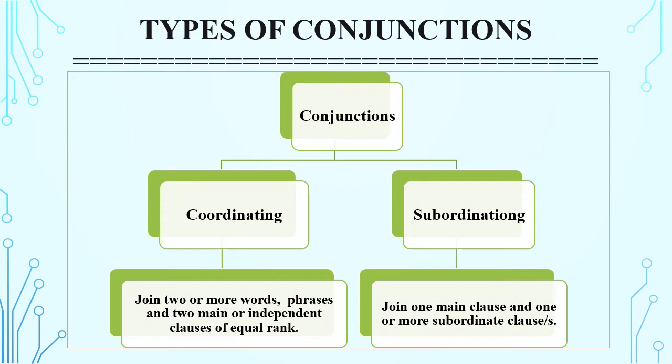Let us consider one example. See the sentence, unless you work hard, you will not succeed. In this sentence, unless you work hard is a clause that has not complete meaning. So, it is a dependent or subordinate clause. To complete the meaning of this sentence, this dependent or subordinate clause needs more information in the form of an independent clause. That is, you will not succeed. So, the complete and meaningful sentence will be, unless you work hard, you will not succeed. Hope you understand these terms.